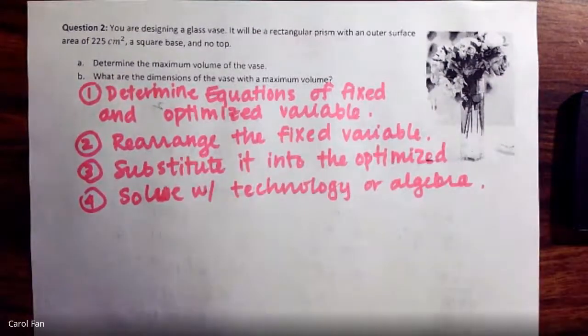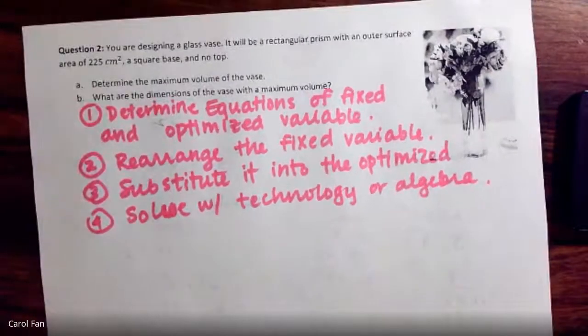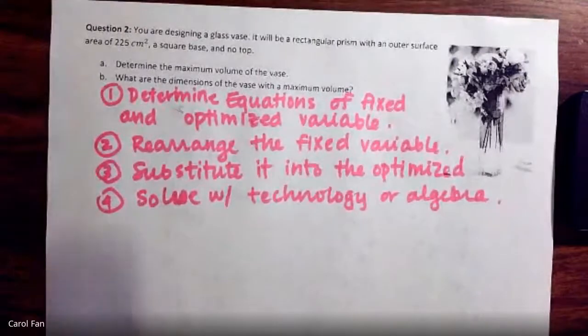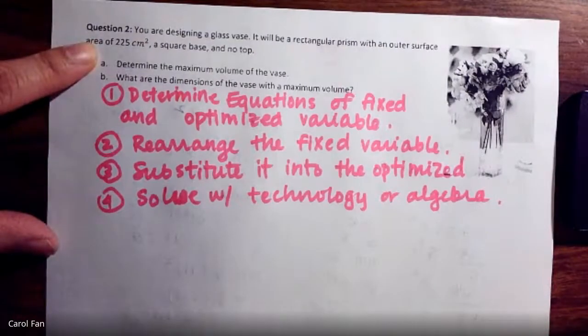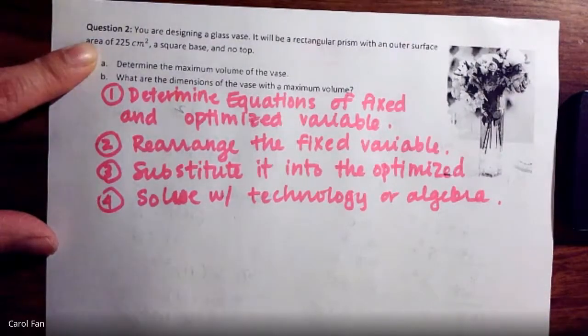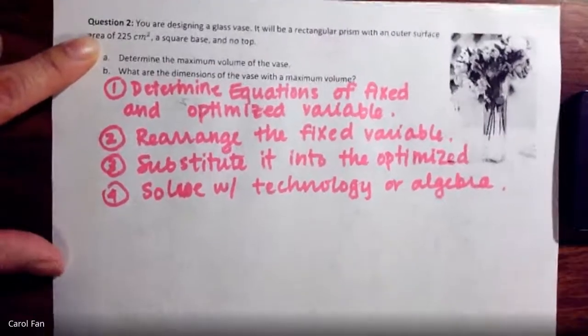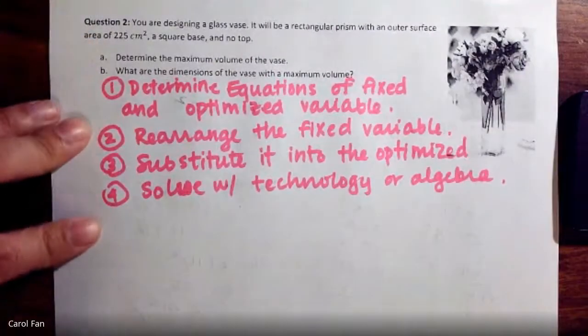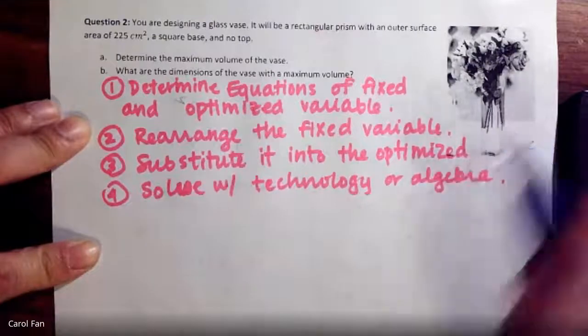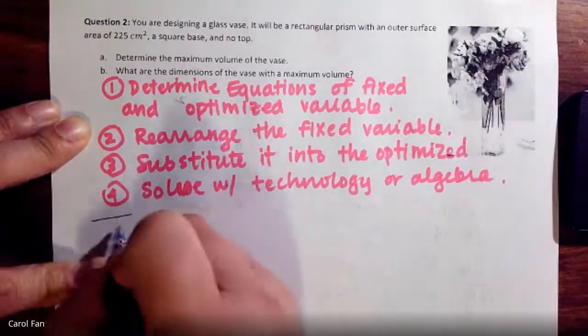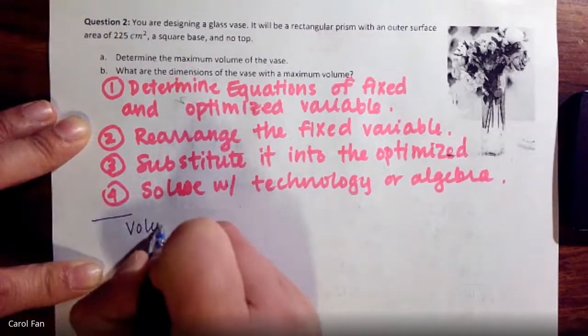Now this question, since it is a little more complicated, we are going to need technology to do this. So first of all, we know that our two values that we are talking about right now are volume and surface area. So step 1, let's write the equation of this. Volume,